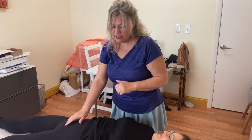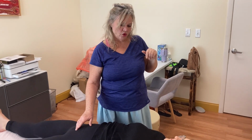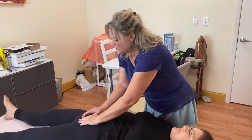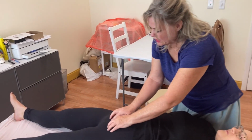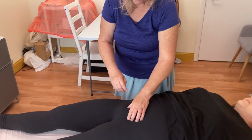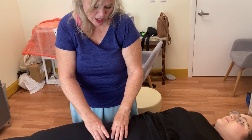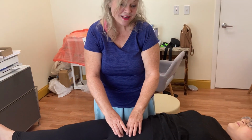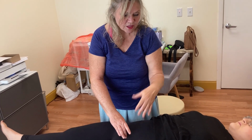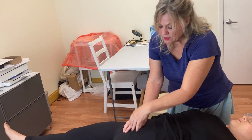So we'll see if we can, sometimes if there's too much fluid, then it's hard to feel the organs. So we'll see if we can feel the organs, even if there's a little bit extra fluid around. Okay. So there's the pubic bone. And so here's the bladder. So the bladder, I would expect to go up a little higher. The bladder's like right here. I would expect it to be right there, which probably doesn't feel like a big difference, but it's a tiny little bit. So to me, it feels like the bladder's a little bit low,